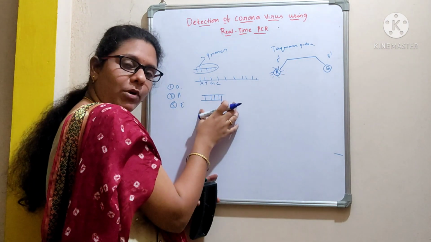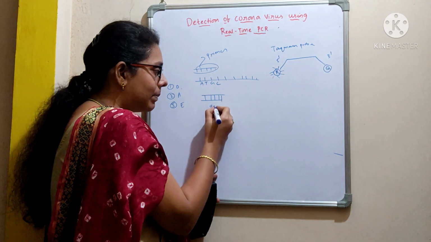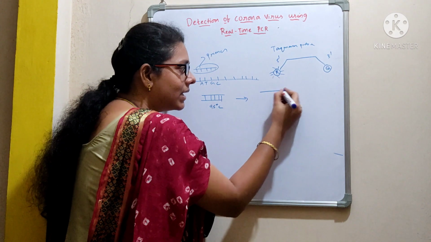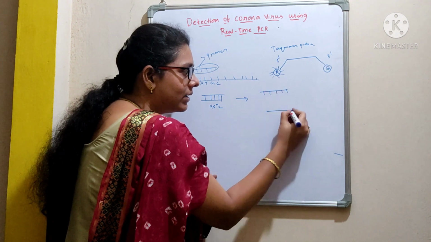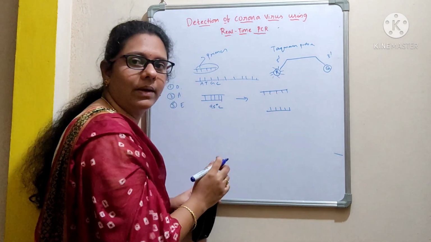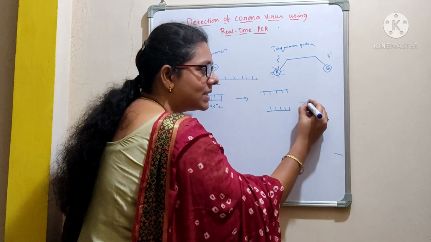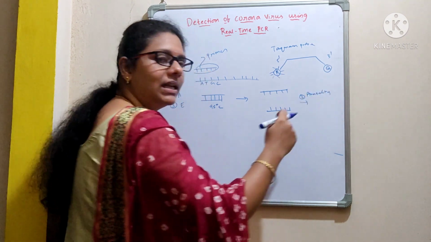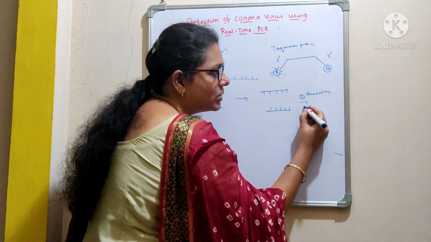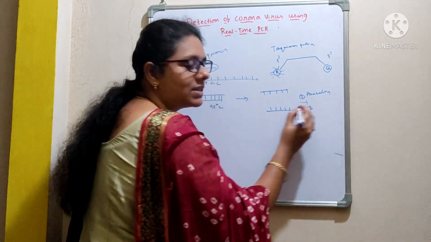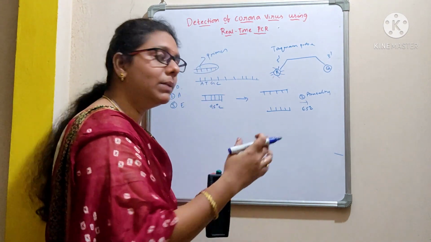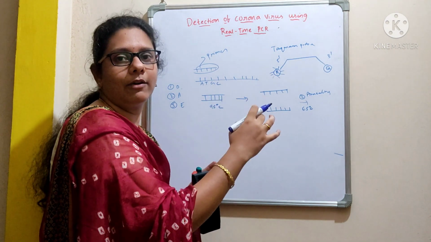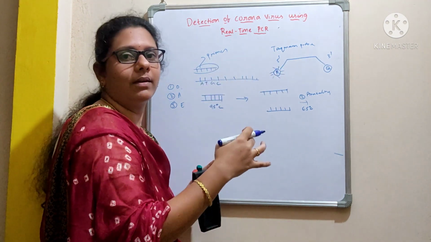Now in the denaturation step, when you apply a temperature of 95 degrees centigrade, the double-stranded DNA is converted into single-stranded DNA, followed by the second step, annealing. What happens in annealing? We reduce the temperature to 65 degrees centigrade, where we allow the primers to anneal with the DNA sequence. We use a set of primers, a forward primer and a reverse primer.